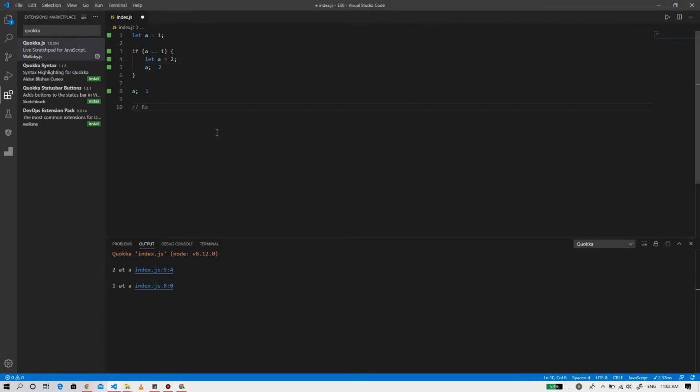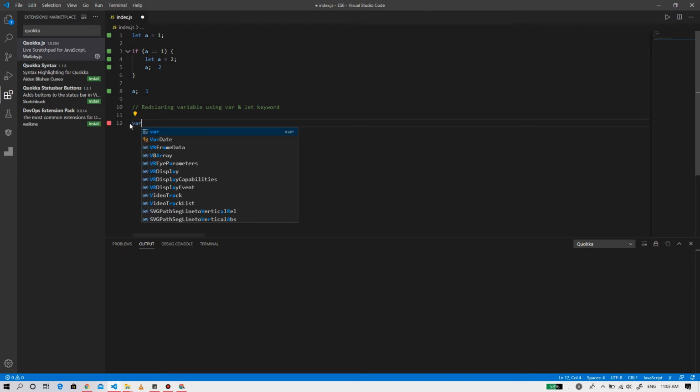Talking about re-declaring variables using the var and let keywords. If we redeclare a variable using the var keyword, it allows you to redeclare a variable without any issue.